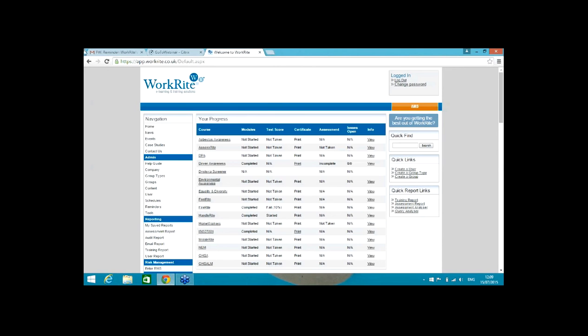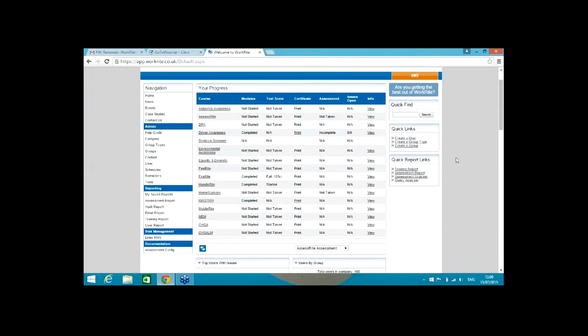Fine. So the idea behind improving our reporting suite was fundamentally to make it clearer, more user-friendly, but ultimately more powerful as well. I don't know if any of you using the tool have found that previously we had a long list of reports, some of which were quite rigid in their structure. The idea here is that we have made them far more flexible. So if I dip straight into an assessment report,